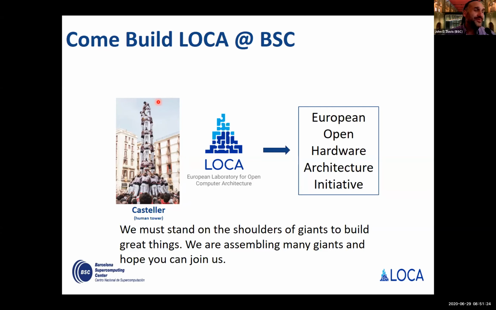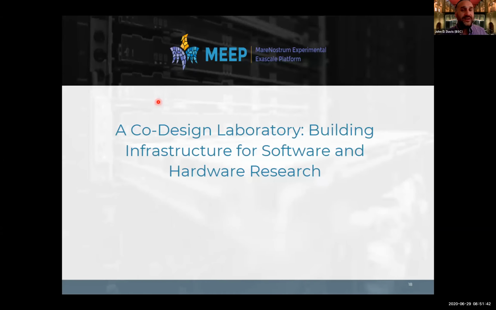But this person couldn't do this without all the people below that. So we can build on top of the shoulders of giants many great things. And so that's really what we're thinking about as we leverage open source, build out these communities. And you'll see in some of these talks that they're using components from various places. So that's pretty exciting. All right, so switching gears right quick.